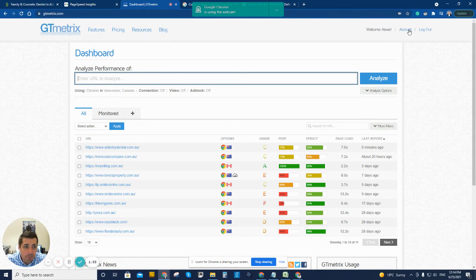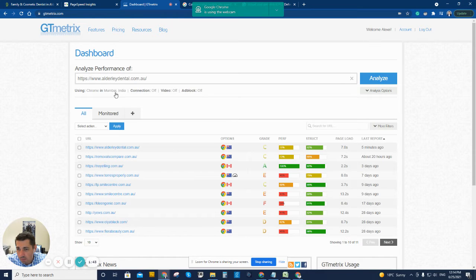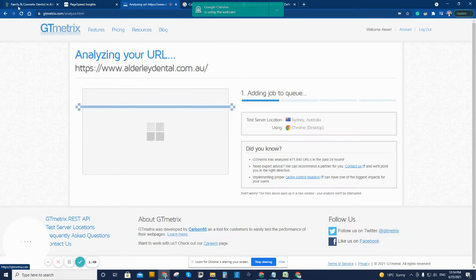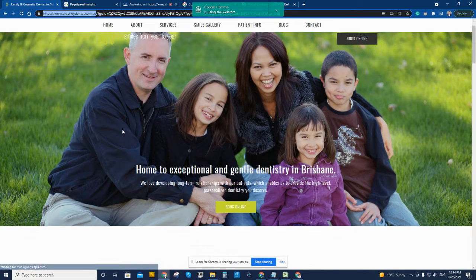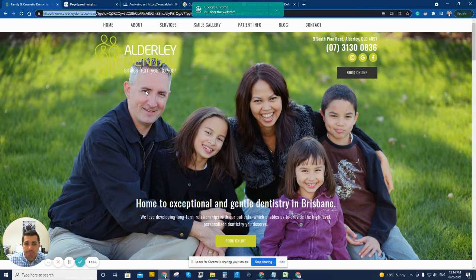But I definitely advise you to set up an account, which is also free, by the way, which will allow you to have a few extra things like the location that you're testing from as well. So I want to make sure that we test from the closest location possible. In our case, it's Sydney, Australia. So we're going to hit analyze here as well. So those two tools are firing along to see exactly how long it takes to load this website, and it also looks at it from a mobile perspective as well, which is the majority of the visitors these days, especially for